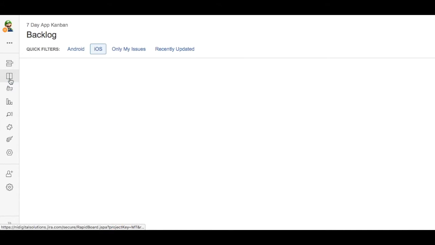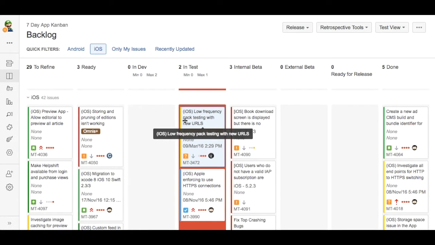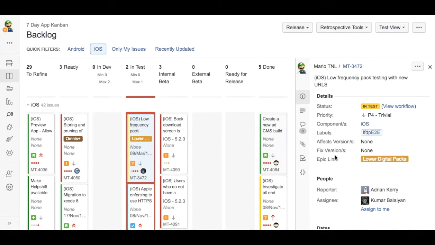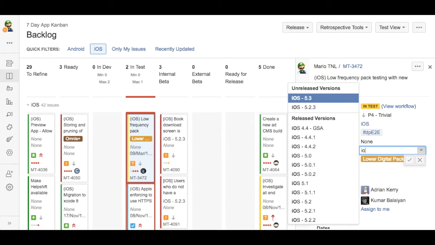The other way of doing it, and the way to assign in-flight tickets to a version, is by doing this. Open your issue detail view, go to the fixed version field, and it has to be the fixed version one. That's how you release stuff. Then you go into the fixed version field and you type in the version that you want. So let's say we want iOS